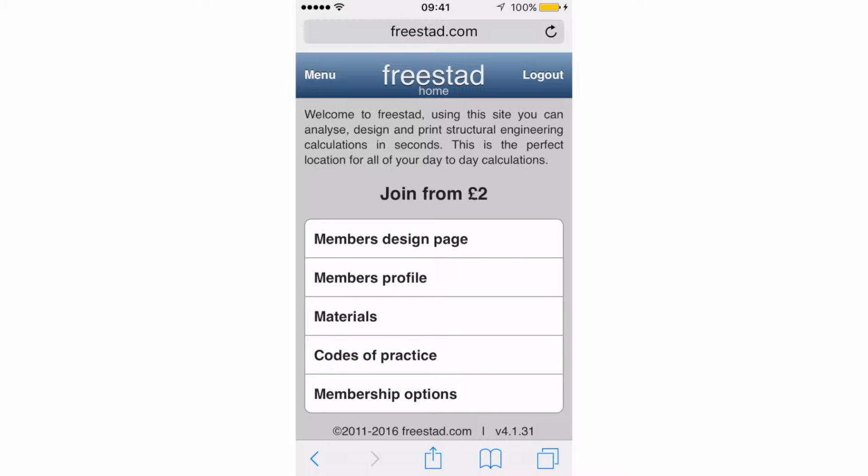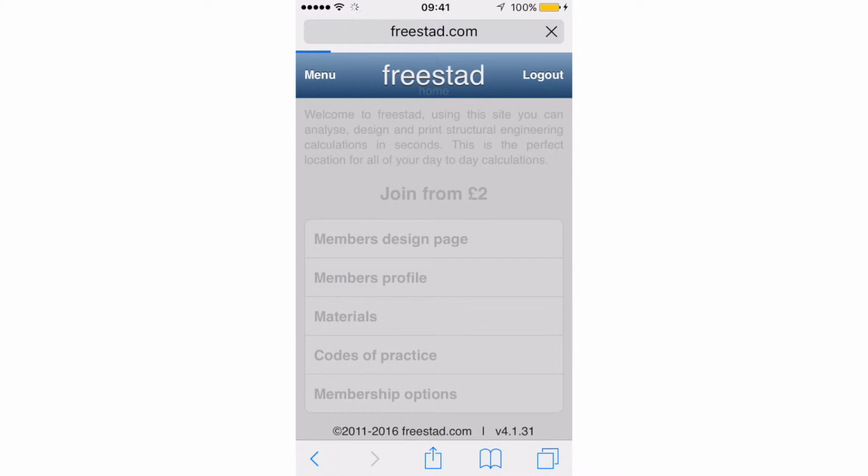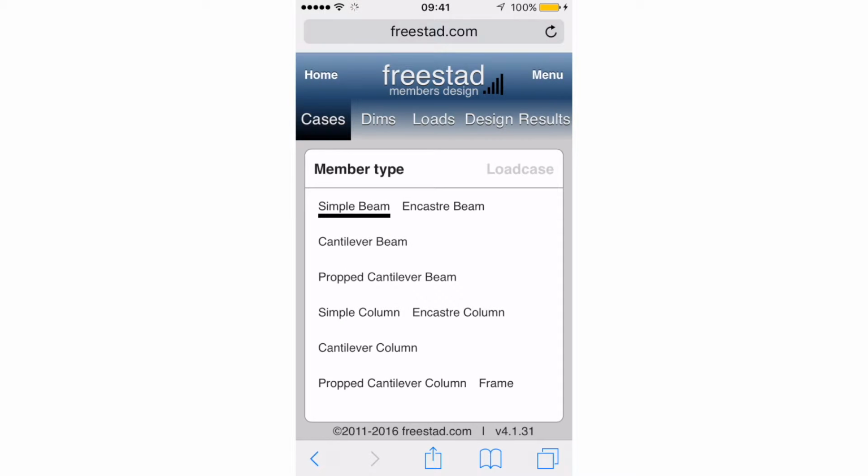Today I'm going to show you a quick video of how Freestad will work with any mobile phone. To do this, simply go to freestad.com from your mobile phone and you'll get something similar to this. This is running on an iPhone currently. This is the home page, and if you're logged in, clicking on the design page will take you through to